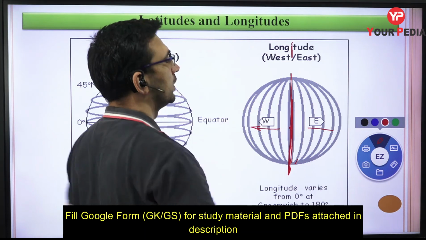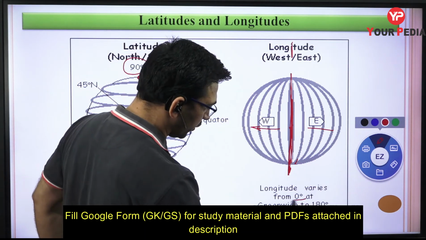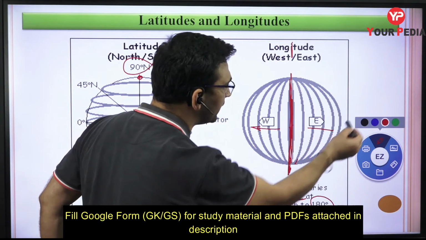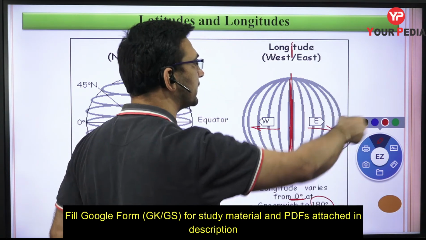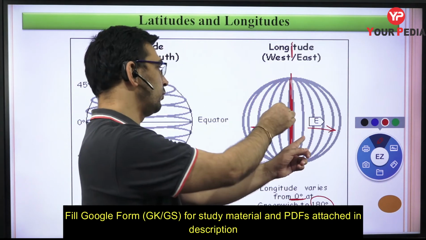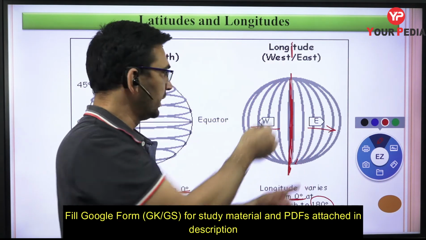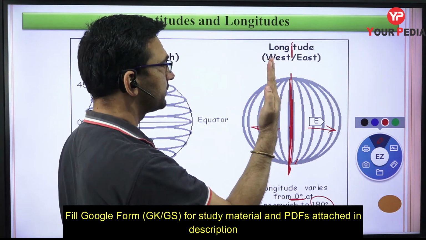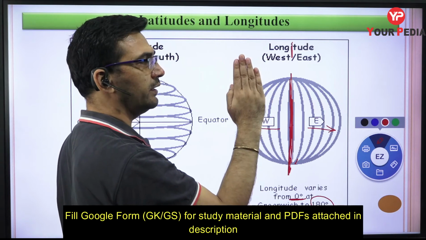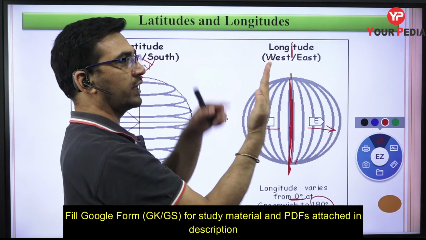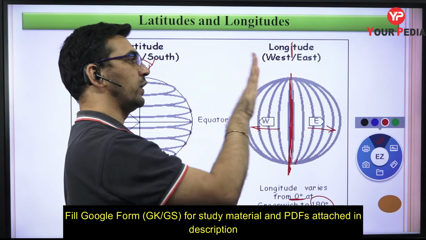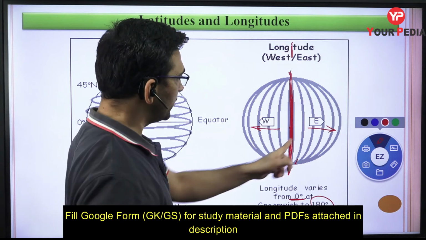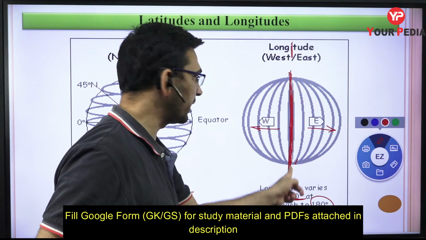So the position is from 0 degree at the prime meridian to either 180 degree east, or we can say we can go at the most to 180 degree east. If you move that way, then also you will reach the same point. Moving from this side, this becomes 90, then this becomes 180. So you are again reaching the same longitude, which is exactly on the back side of the prime meridian.